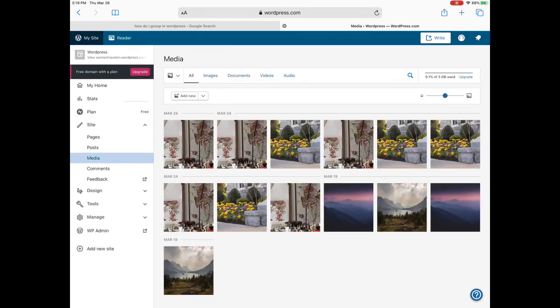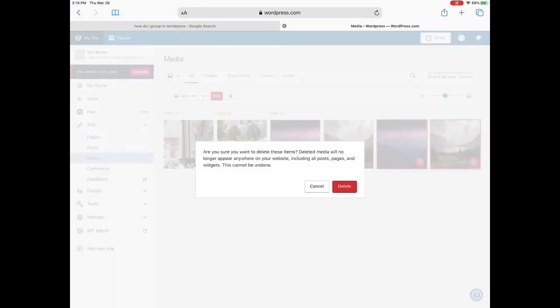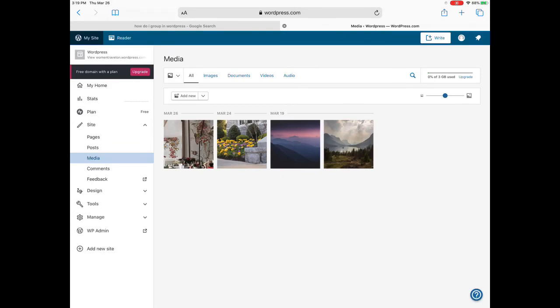I can also do that in media. You'll see that I didn't realize I was uploading this every time. So I can come in here and select some of these and delete them so that things load a little quicker. I want to have one tulip and one of the others, and so I'm going to say trash those, and it's going to say, do you really want to do that? And I'm going to say, yes, I do. You can see that WordPress handed in a couple of these that I don't need, so I'm going to delete those as well. So just cleaning up